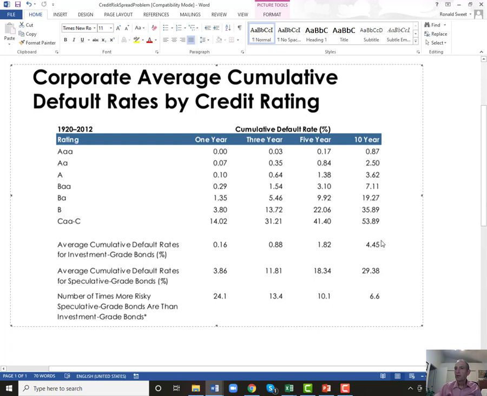So here's the investment grade, about 5%. That's a great number to know. About 5% will be in default, and you can see how the triple B really dominates that. There's probably more triple Bs than the rest of these together. So just know that over 10 years, about 30% of below investment grade bonds default. So you're much more likely, 6 times more likely, to see a below investment grade bond default than an investment grade.